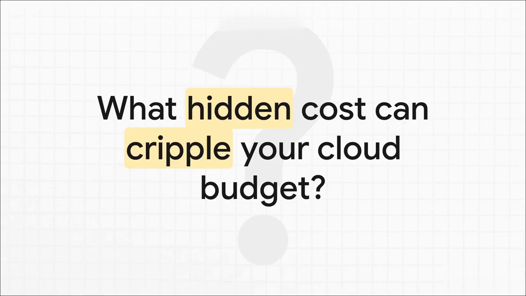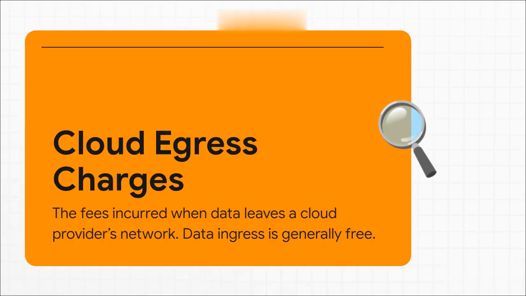And one of the biggest, sneakiest hidden costs that can completely blow up your budget is something called egress charges. It's pretty simple, actually. Getting your data into the cloud, that's almost always free. But moving data out, whether that's to another region, to a different cloud provider, or even just back to your own office, that costs money. And you can bet that in a disaster, you're going to be moving a lot of data.